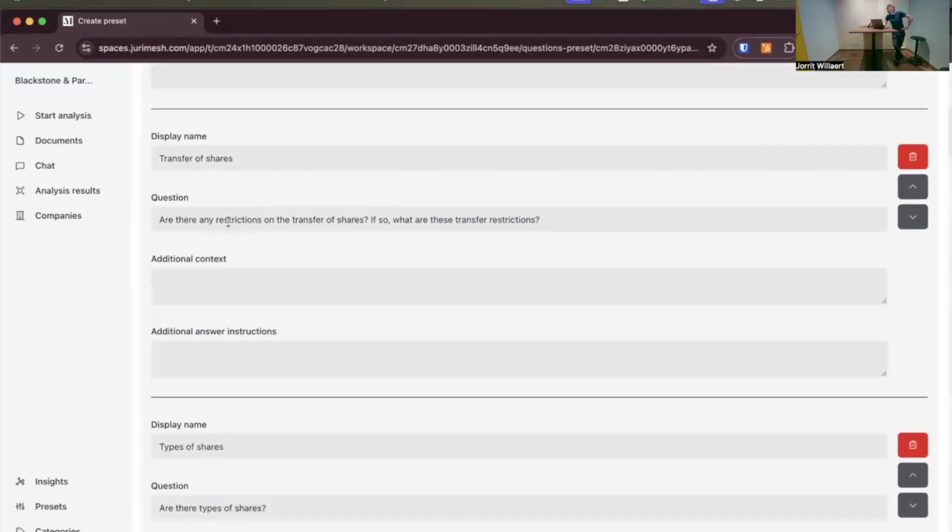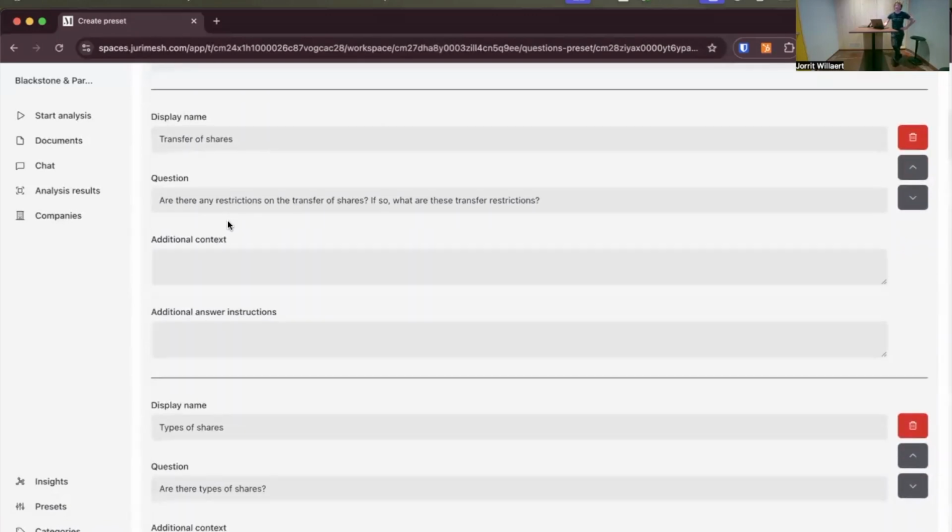Are there any restrictions on transfer of shares? And if so, what are the transfer restrictions? It's going to go through all the documents and check if there's any restriction. The same applies actually for